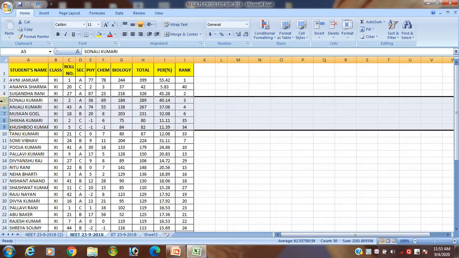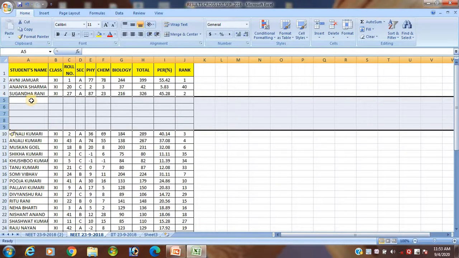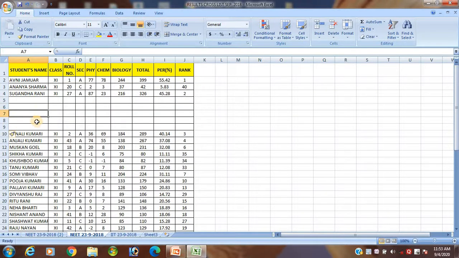After selecting the 5 rows, then again go to the home tab, then go to the cells group, click on the insert, click on the insert sheet row. See 1, 2, 3, 4 and 5. Is that clear or not student? If you want to insert the 6, first of all, in between which 2 rows you insert, how many rows, you select that number of the rows.